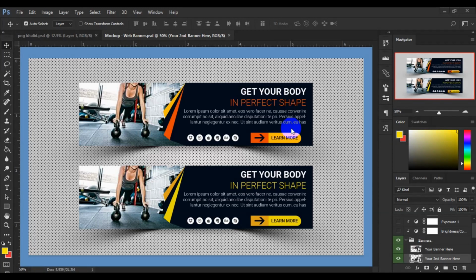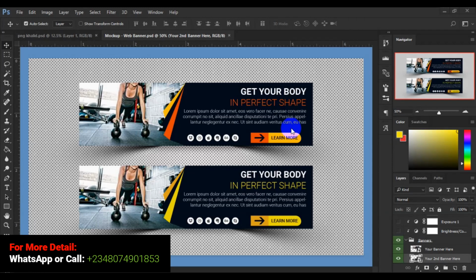So in today's Adobe Photoshop class, I'm going to teach you how you can create a simple web header. This is going to be an update to our web banner design using Adobe Photoshop, right? So now, without wasting much of our time, all you have to do is watch the process I'm taking in this video and see how you can create your own simple web header, for yourself or for a client, right? So let's go to,